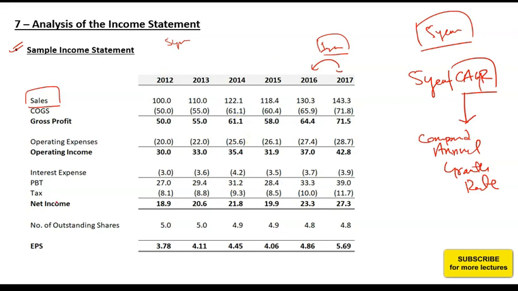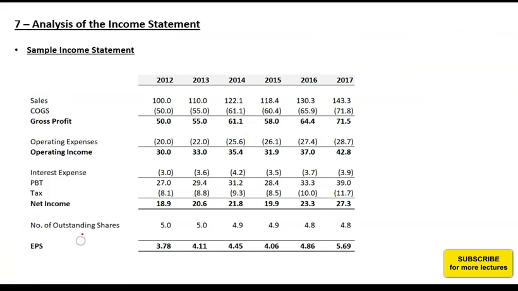How do you calculate CAGR? Simply, it is an annual rate. So going to the basics of finance, what is the future value formula? Future value is present value multiplied by 1 plus r to the power t. That is the basic formula for calculating future value: present value into 1 plus interest rate to the power of time, or number of periods.